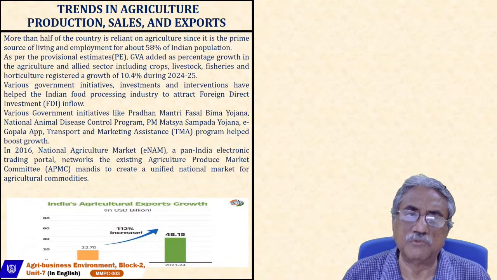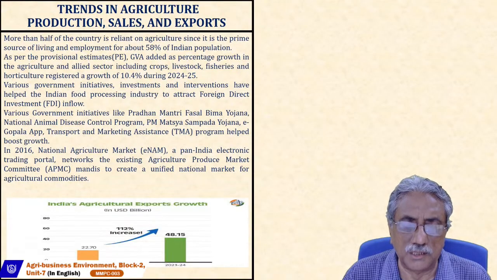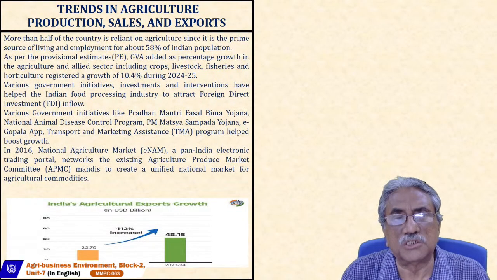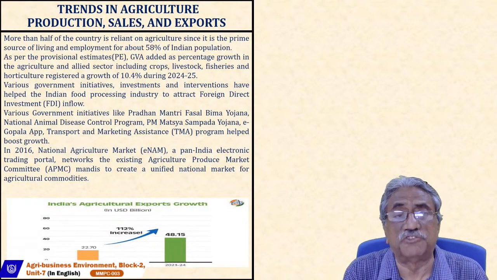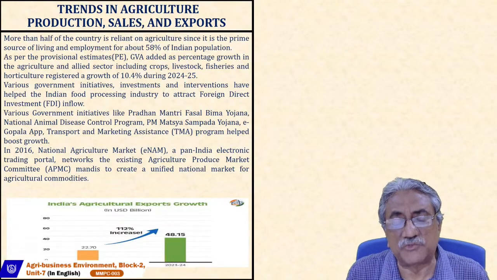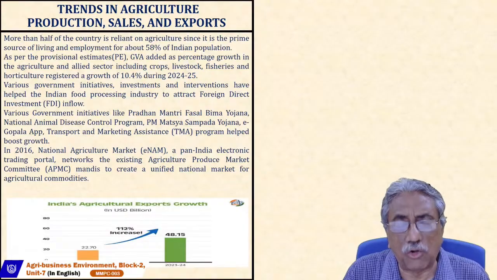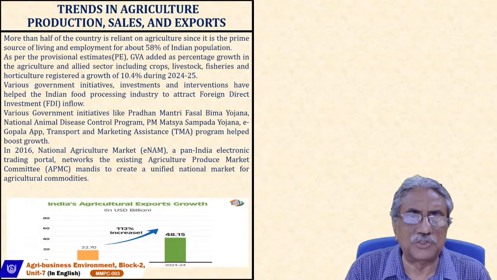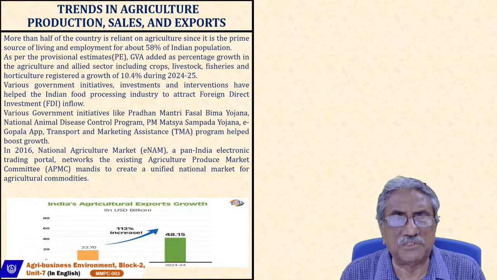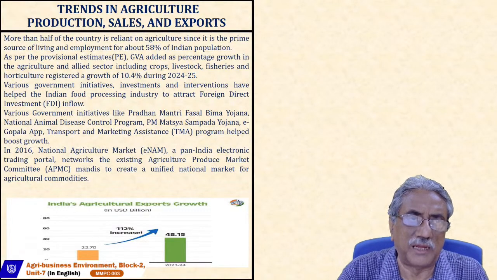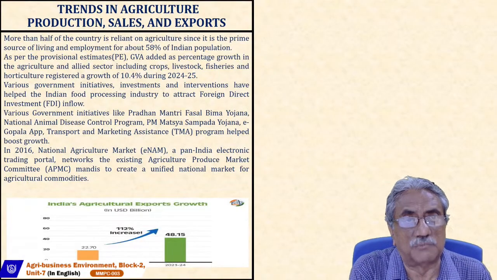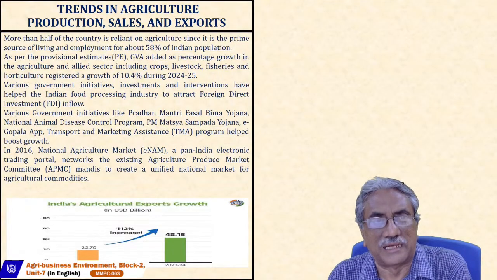In spite of various problems which are inherent in the agriculture sector, we have seen there is a growth because a group of farmers are shifting to multi-cropping. So if they have a rice field, they put water there. They are also putting fish seeds there, so they get some fish out of that, and they get some extra income. They have some livestock, they keep 4-5 cows at home, so they milk them. Some of the milk they keep for household consumption, the balance they sell to the market.